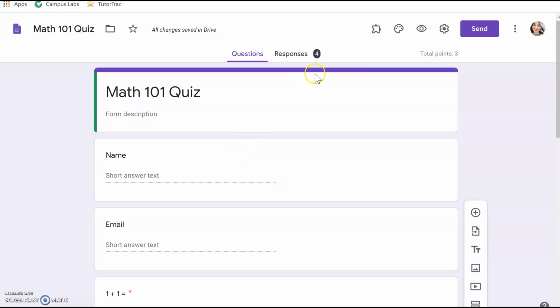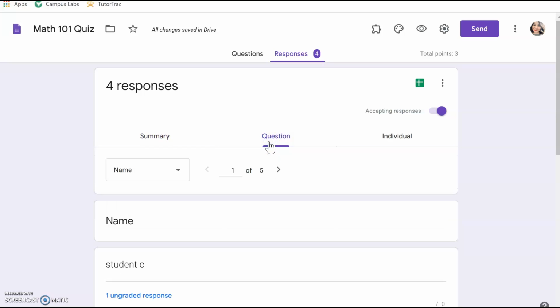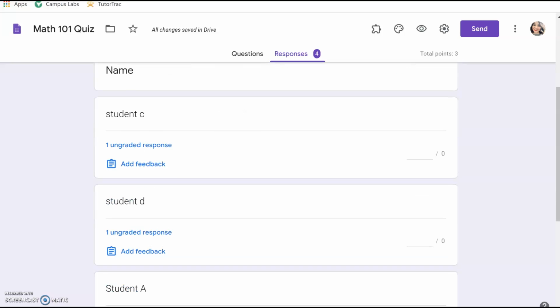As you can see, in the responses area, 4 students have taken my quiz already. Open the responses tab, and this will give you a summary of everyone's answer. You can also look at it by question to see what your students